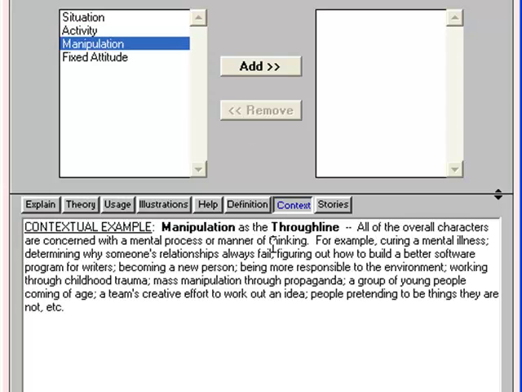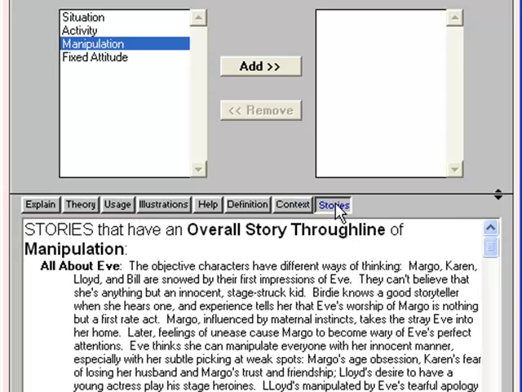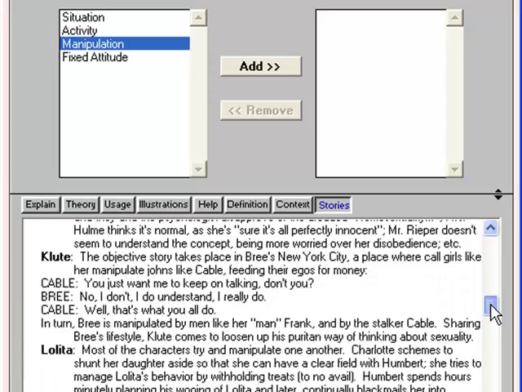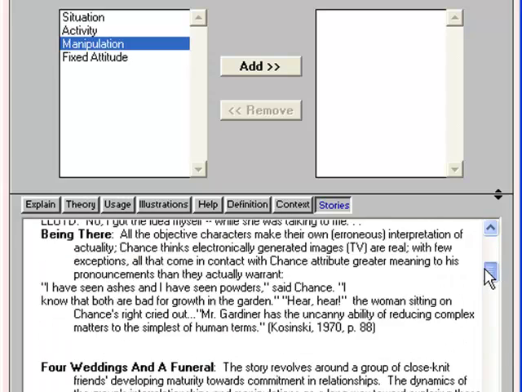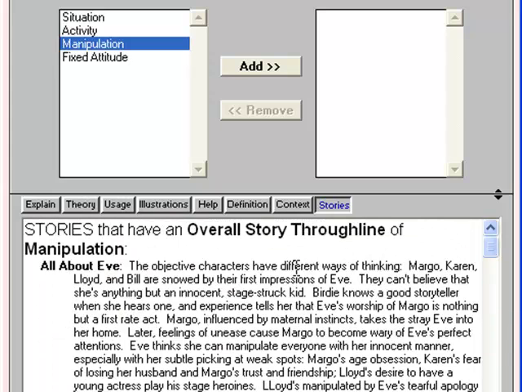Click on the Stories button. Dramatica Pro ships with 68 story examples. The Stories button shows you which of the example stories have story forms the same as your current choice. This means that All About Eve and the other examples listed all have the overall story throughlines dealing with manipulation. Change the choice from